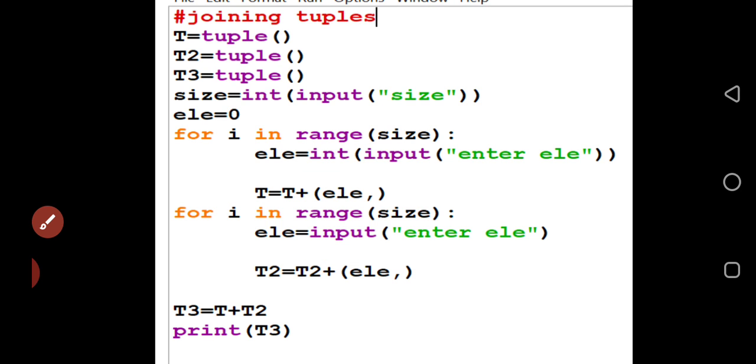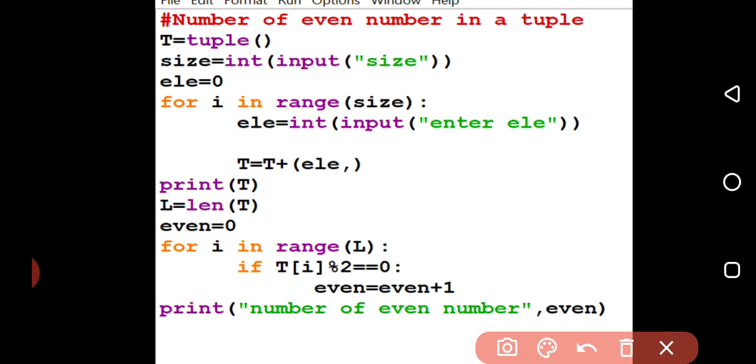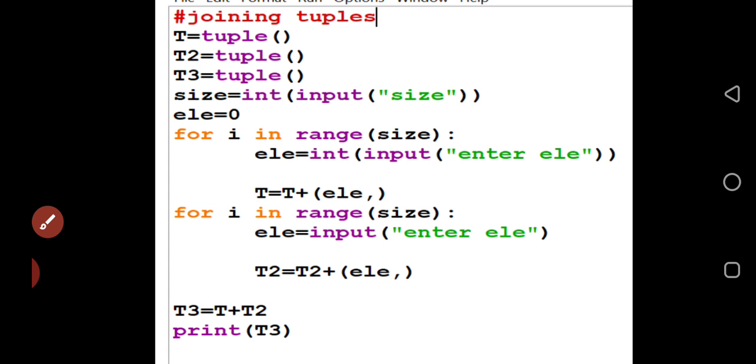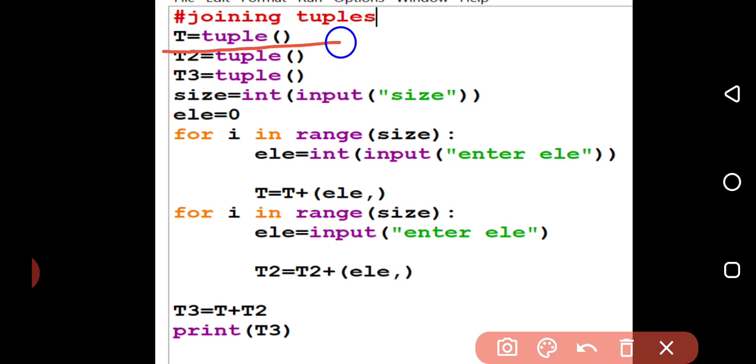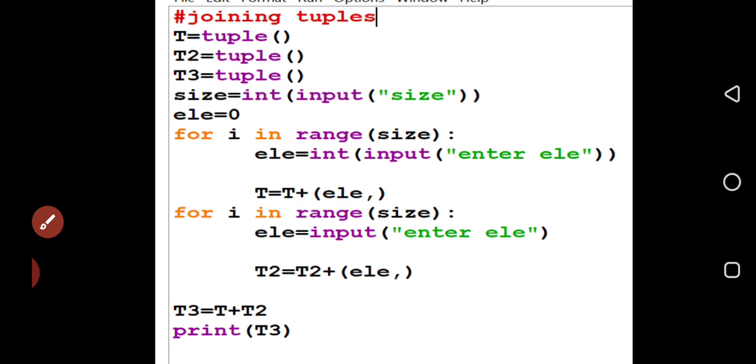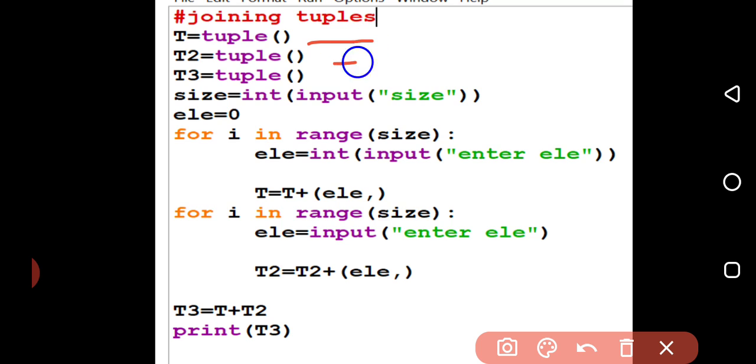Now with this way, another thing is joining a tuple. I told you one tuple can be joined with another. I have declared 3 blank tuples over there: T, T2 and T3. This is a blank tuple, this is a blank tuple, this is a blank tuple. Now what will I do?